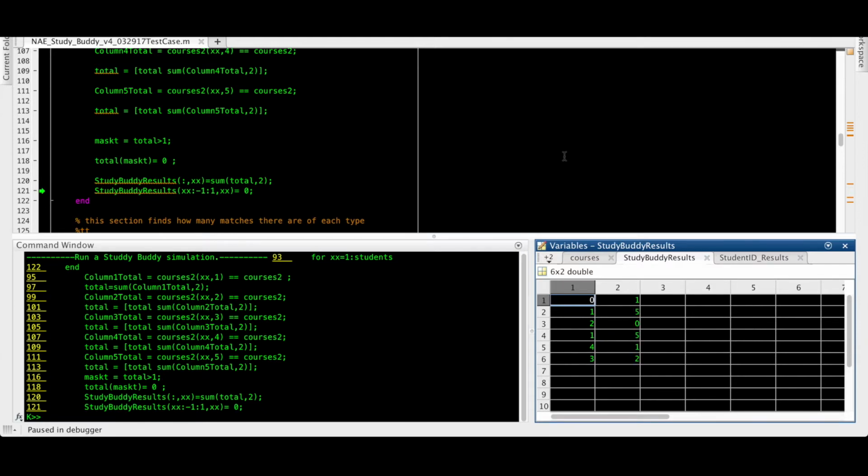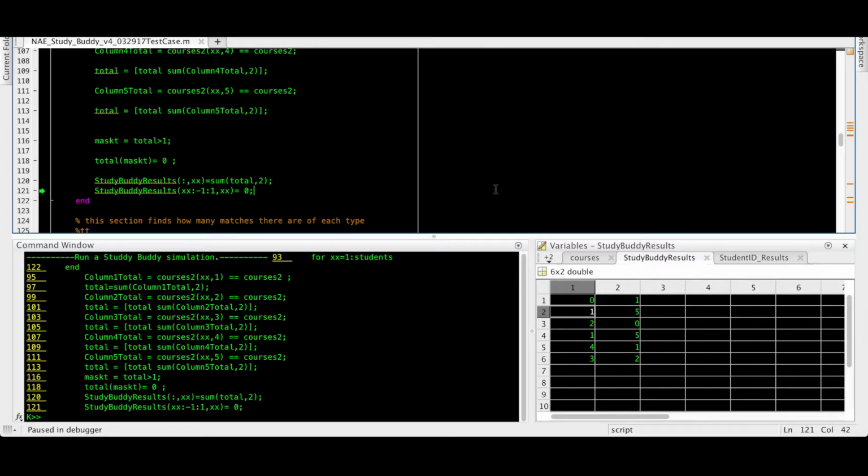The loop runs through again, and it produces all the results for student number 2, as you can see here. And when it comes to removing that student, which is indicated here by a 5, it is also necessary to remove whatever is above it, because this 1 indicates that student 2 has one class in common with student 1, but that's already being counted here, where student 1 has one class in common with student 2. So executing this line of code, both of those values are removed.